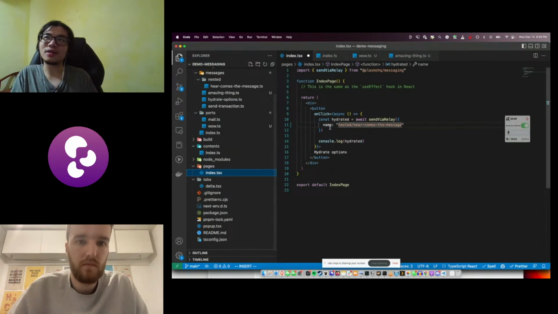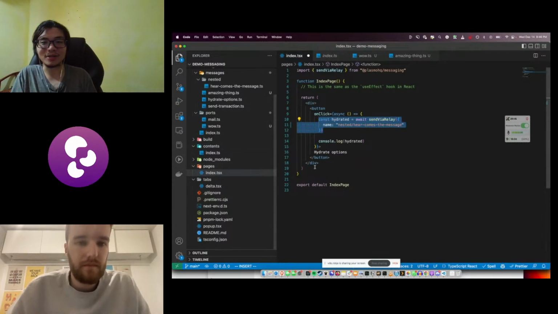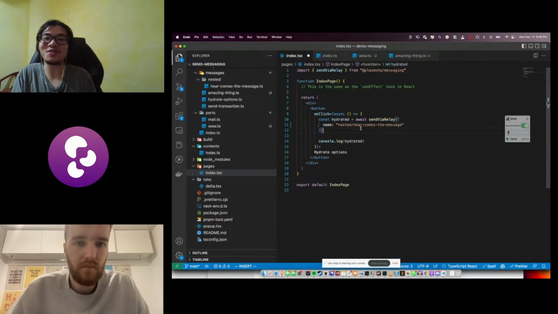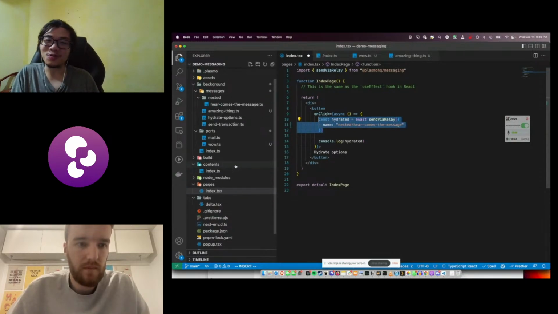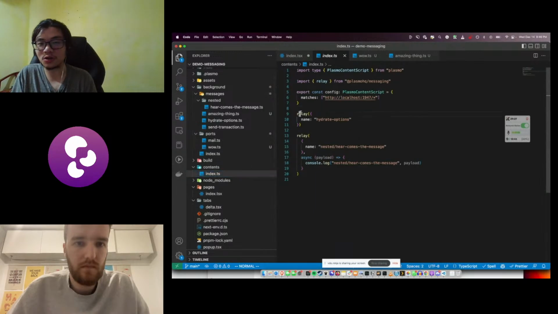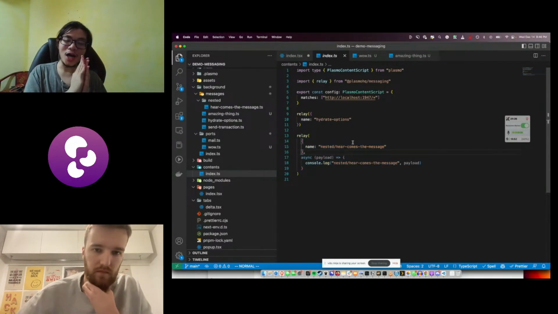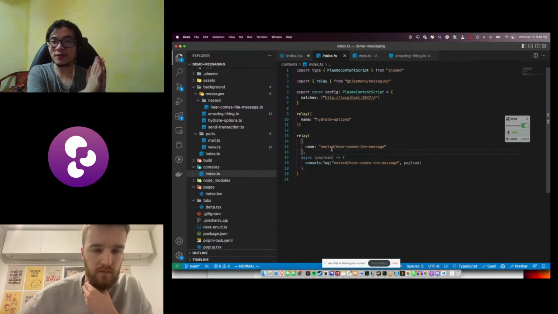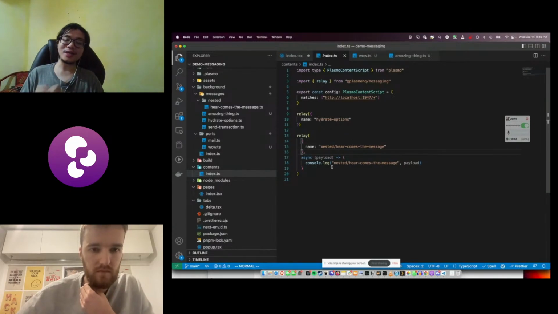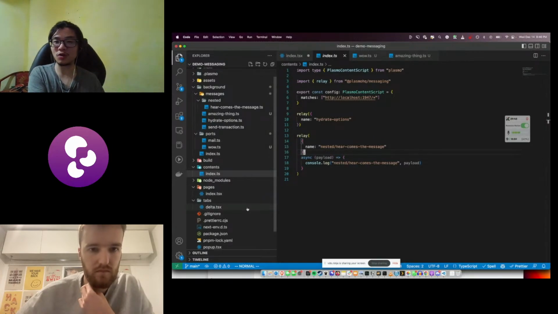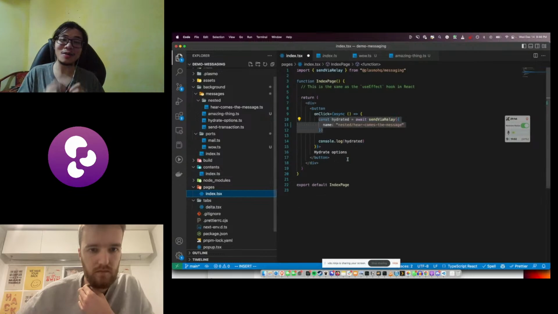Because the web page has no Chrome runtime context, it cannot send data directly to the background service worker. But there's still a way. When there's a will, there's a way. And the way to do so is to use this new concept we created called relay. A relay lives in the content script. First let's backtrack a little bit. We have the web page and we have the background service worker. How do we send a message from our web page to the background service worker? We have to inject something into the web page.